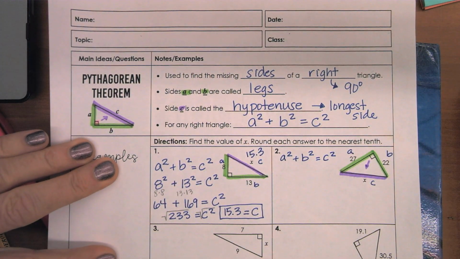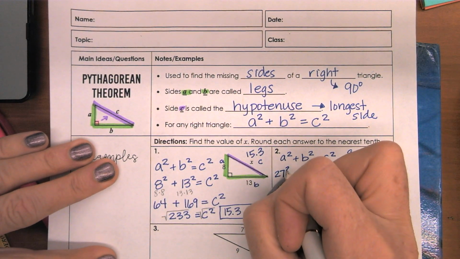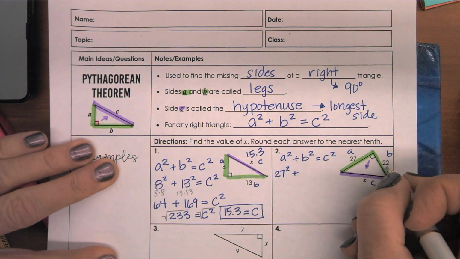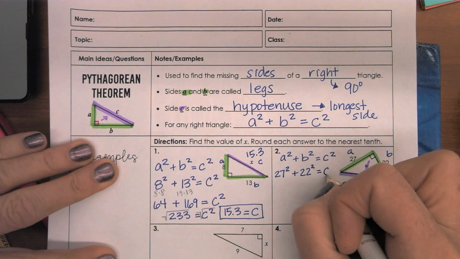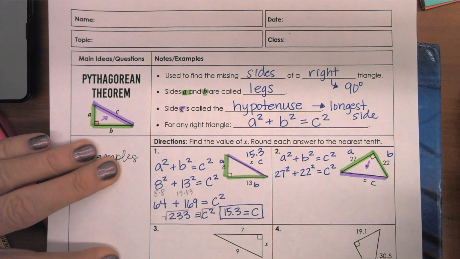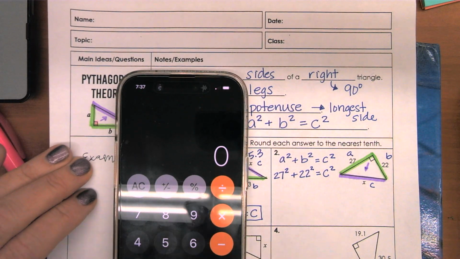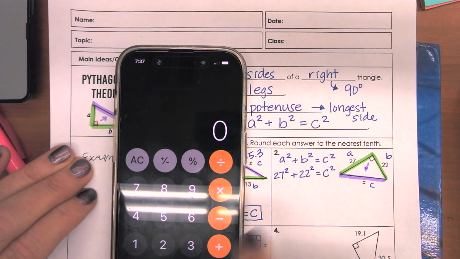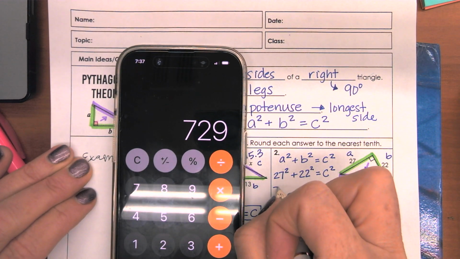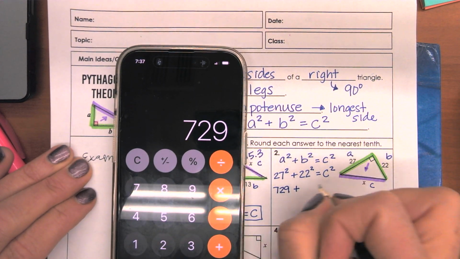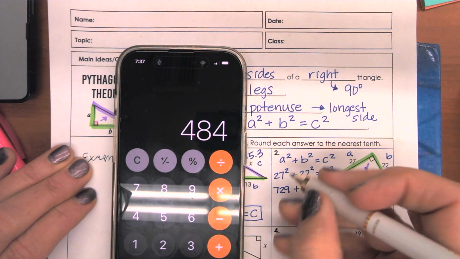C squared. My A is 27, so I'm going to substitute in 27 squared, plus my B is 22, 22 squared, equals C squared. I don't know C squared, so I'm going to leave that empty. Now, these are bigger numbers. I don't know these off the top of my head, so I do have to use my calculator for this. I am going to go 27 squared, so 27 times 27 equals 729, plus 22 times 22 is 484,